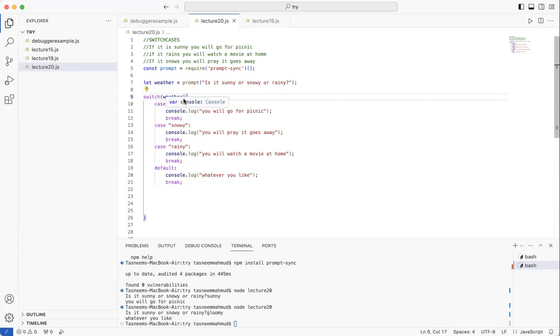For example, okay, let's say this is sunny or rainy. There's no limit to how many cases you can put per switch. So for sunny or rainy, you have to write down your own condition over here like this. And the user has to enter sunny or rainy, and then only this case will get activated. Does that make sense?